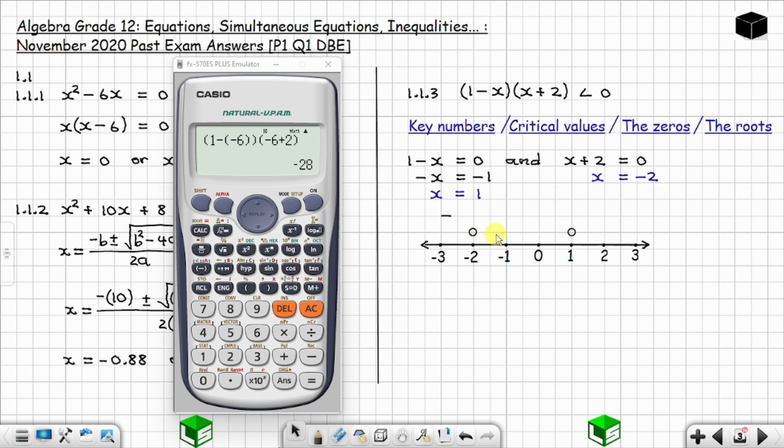Okay, after that, let's test this interval, the interval between negative 2 and 1. So you have to use any value in between negative 2 and 1. You can use 0 or negative 1 or any number which is a decimal. So there is 0.5 between 0 and 1. Okay, let's use negative 1. I'm going to use negative 1 because negative 1 is between negative 2 and 1, to test this interval.